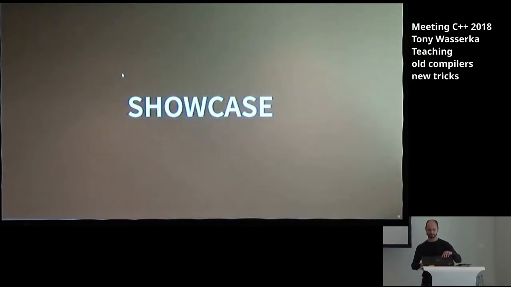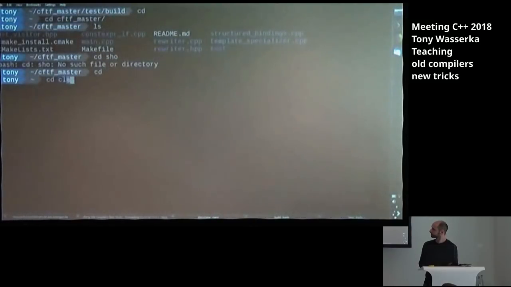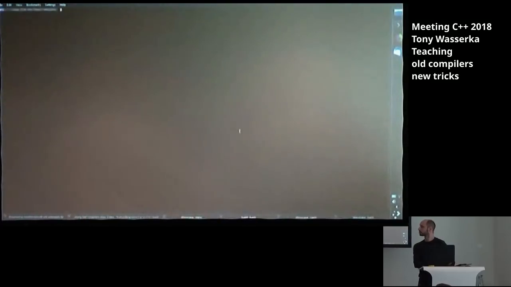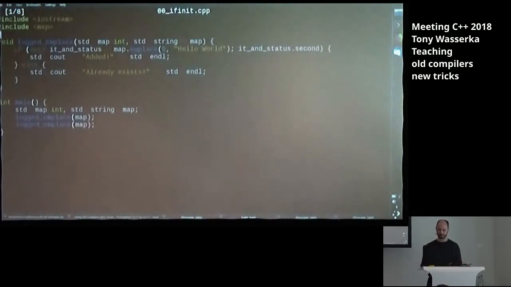Right, showcase. So this is the part where I show you a couple of things in action. Let's see how we do this. Yeah, that should be fine. There we go. So the first example that I meant to show was the if init syntax. So you might know that std::map has a function called emplace, which